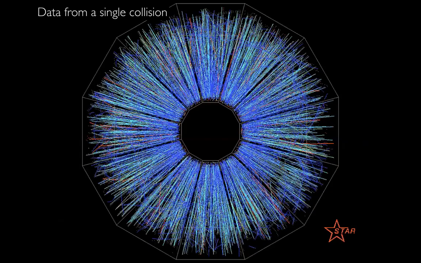So this is a little bit of an animation. You've got the ions coming in, they collide, and then just tons of stuff flying out, and all of the detectors get lit up. That's just a ton of data. I think that's just a replay. A ton of data. This is from a single collision, sliced in 2D, so the beam would be going towards you or away from you in this. Each of those lines represents a track of a different type of charged particle. You can see some of them are bent, right? Because those,